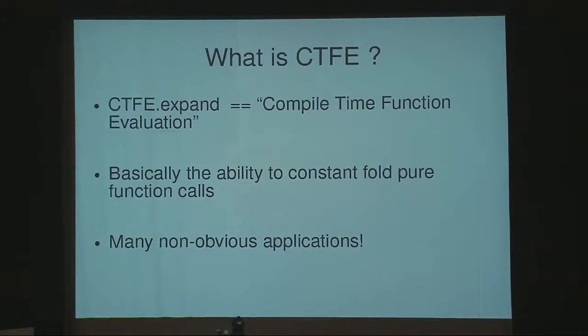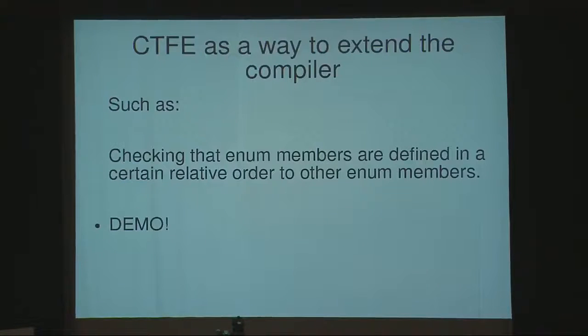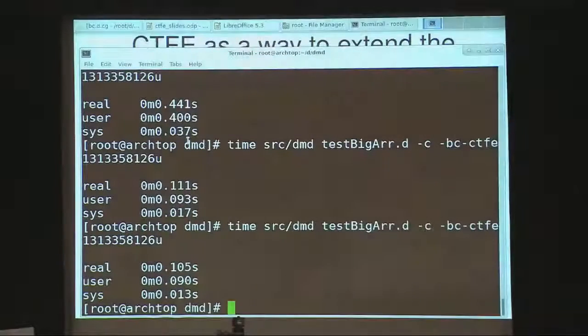it's basically the ability to constant fold pure function calls. And it has many non-obvious applications, such as checking that certain enum members are defined in a certain relative order to other enum members. What do I mean by that? Let me show you some code. Actually, this is from my